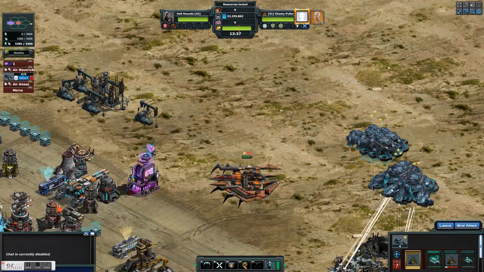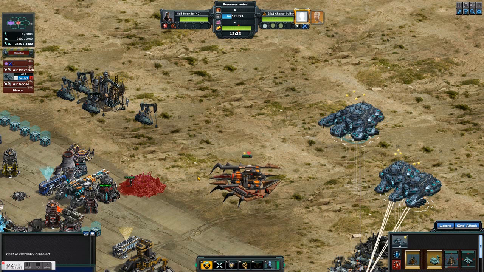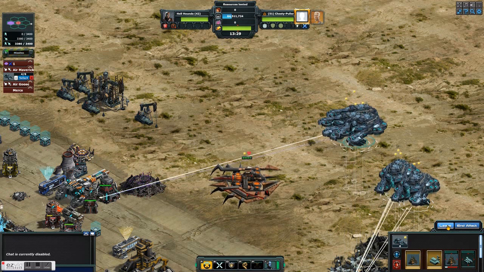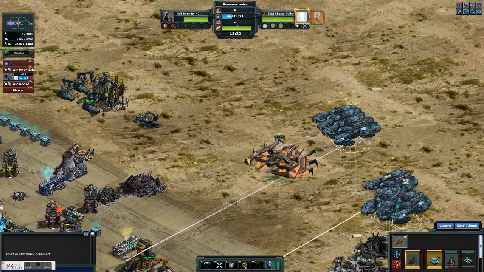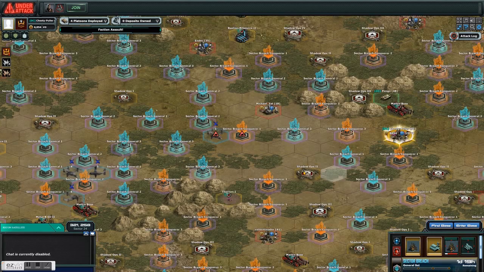Bring the Harkin in, attack the CC. It doesn't matter which direction you come in, and then nothing else will take any damage. It's a little bit slow and monotonous. Put it on Ruby, and then you can just leave this base. We'll come back to it at the end so that we can do the repair, but